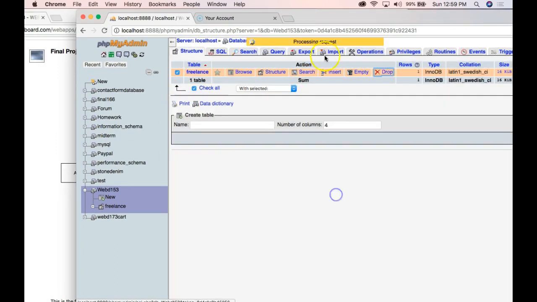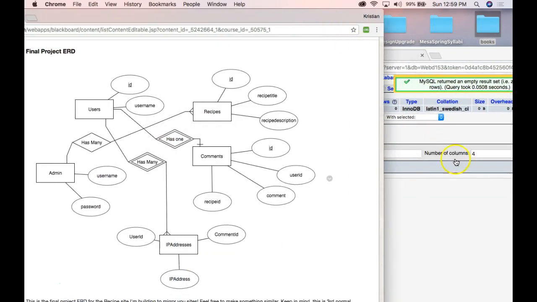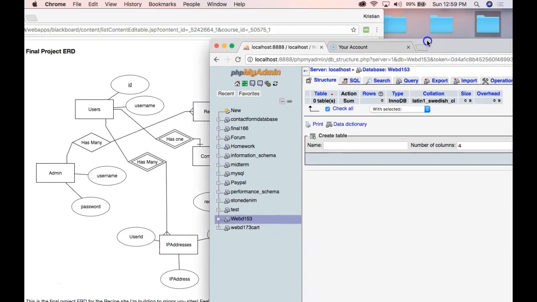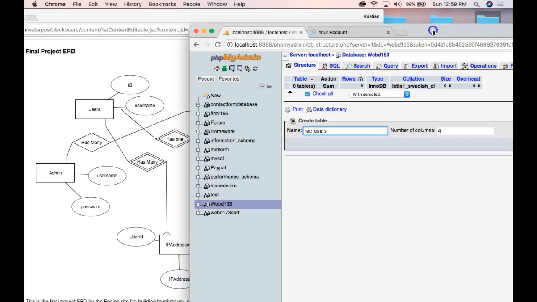So one thing that I like to do with a project like this is create a prefix for each one of the tables. So the first table, and remember I'm doing a recipe site. Recipe is a good generic type thing that can be applied for a final project like this, especially if you guys want to come up with your own topics. So what I'm going to do is I'm going to call this rec_users. And I'm going to go ahead and add a couple of